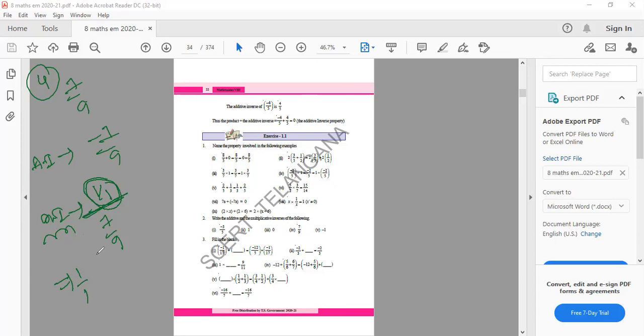What is the question first of all? 7 by 9. Here it is 7 by 9 only, right? Please look at the board first of all. 1 by 1, this you can write in reverse. 9 by 7 is the answer. So be cautious when you're telling the answers.